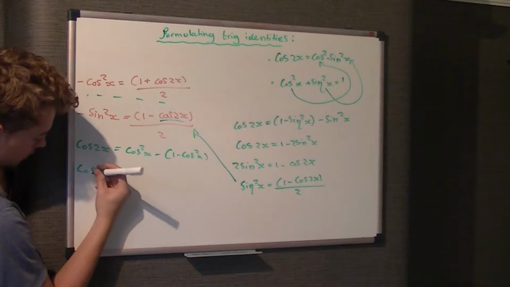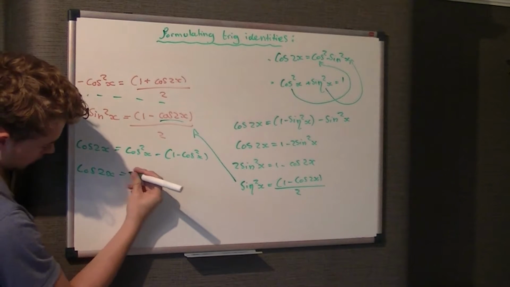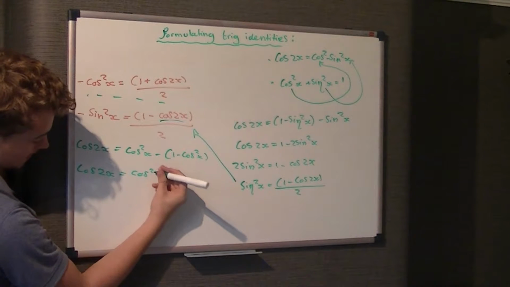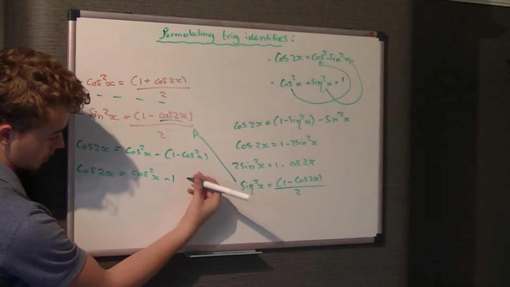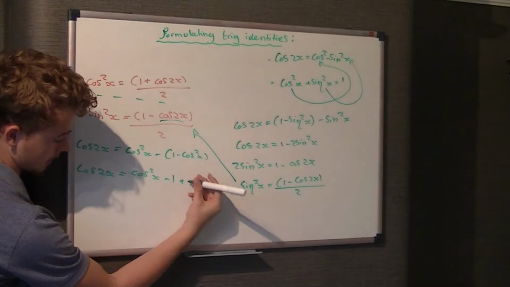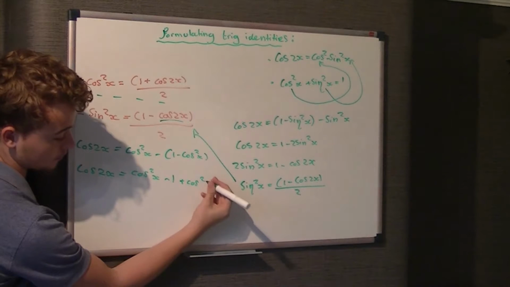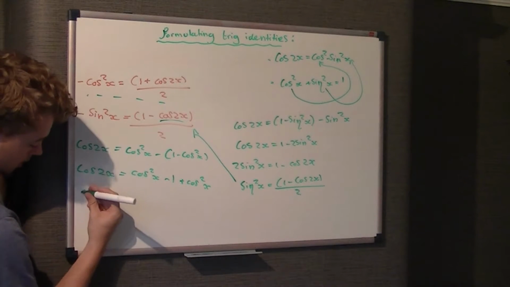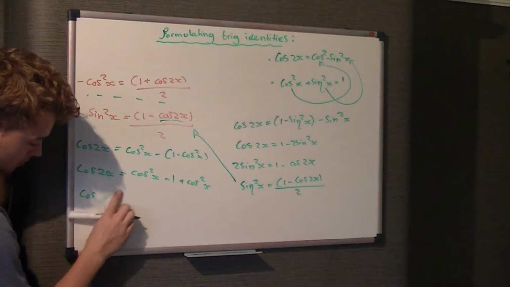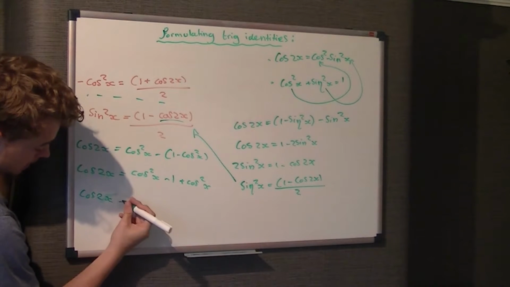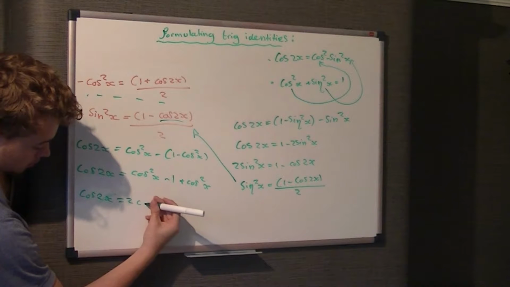Simplify this down, so your cos 2x is equal to your cos squared x. Now you're taking away a 1, so it's minus 1. We take away a negative cos squared x, so it's adding cos squared x, don't forget. It's simple, people forget it. So your cos 2x then is equal to 2 cos squared x